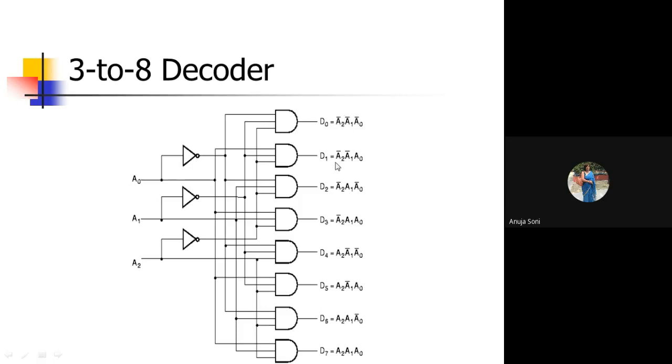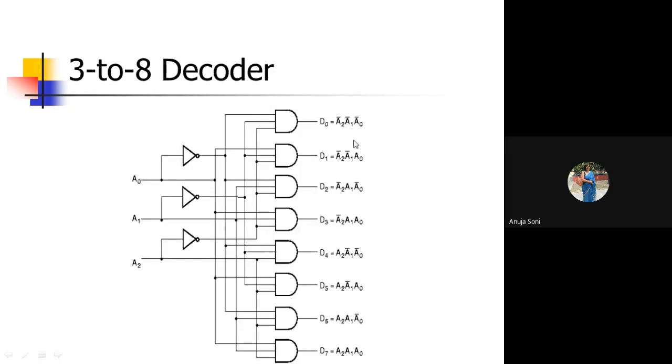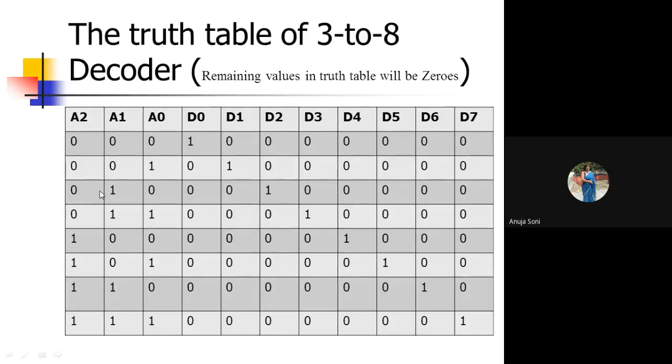So the upper line works as a complement, the one's complement of that value. Again, you have written a formula in front of it. D1 will be equal to A0, A1 bar, A2 bar. Similarly, for the next value, D2 or D3, whatever is the value of the decoder, say D2, what will become its formula? It will be A2 bar, A1, and A0 bar. Bar will specify your one's complement. So accordingly, you have to mention its formula as per the given values of your input variables.